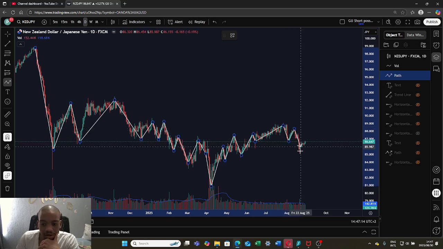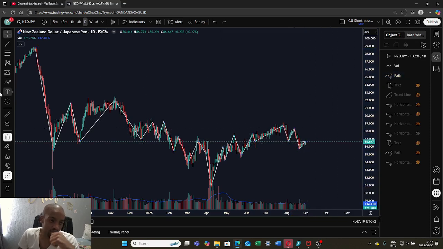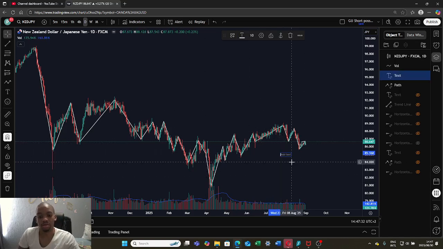Dynamic shifting here. This is beautiful. So what we're seeing on the weekly was some bullish structure characteristics with a deeper pullback. What we see on the daily is